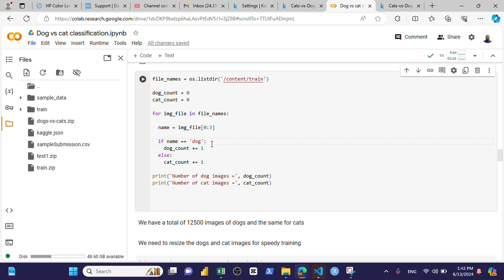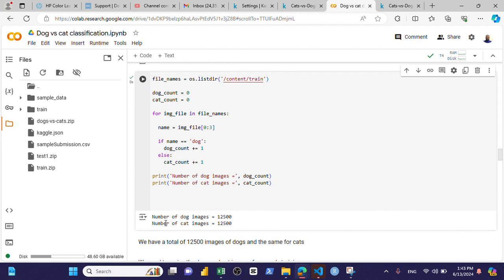This code is iterating over the entire file names. It takes the names that are found as a dog and the names found as a cat, and then it adds all of them together, to be able to know the number of cats and dogs that we have